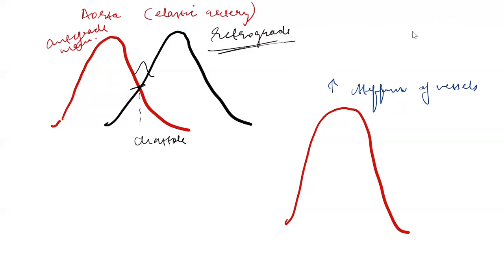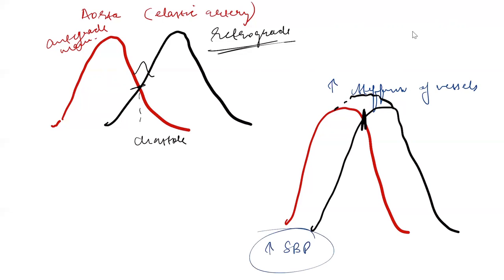So their merging is somewhere in systole here, and there would be an increase in BP here. Since this merging is in systole, there is an isolated increase in systolic BP. In normal conditions, this merging occurs in diastole, but in stiffened vessels, this merging occurs in systole,